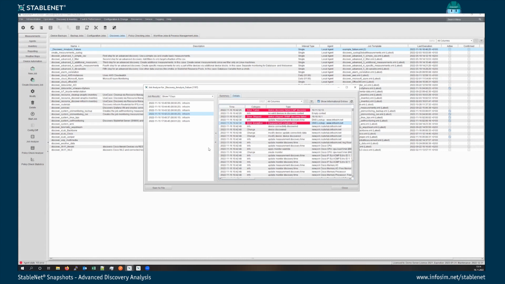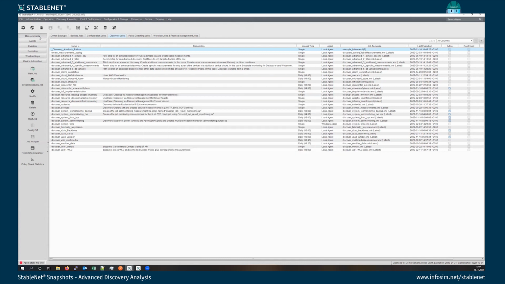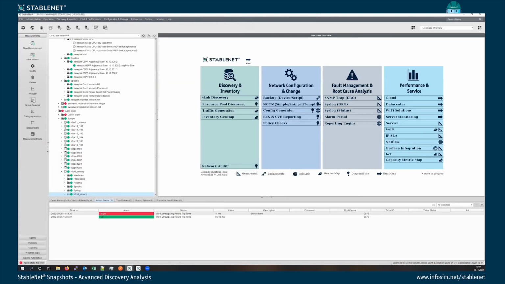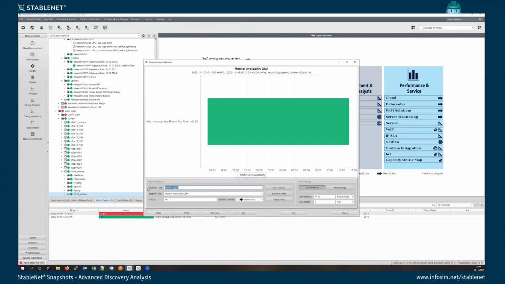So much for the analysis directly here on the jobs. There is another nice part about this. This is also available, of course, in the web GUI. So you can do the analysis in the web GUI as well if you want. And for reporting or further analysis in the GUI or the web GUI, it's available also as a report or group analyzer. So if I go to group analyzer, and if I select here the